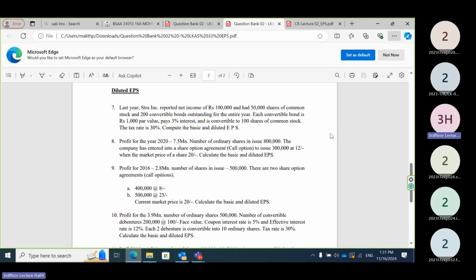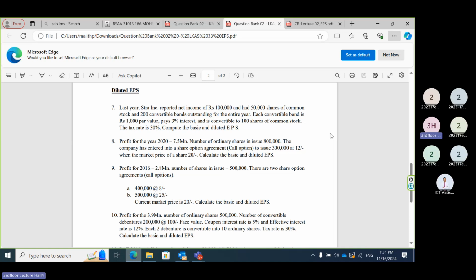Per share 20, right? We are issuing 300 shares. The conversion option is once you are having market price 20. Once you are reaching market price 20, you are issuing 300,000 shares. So there is no value